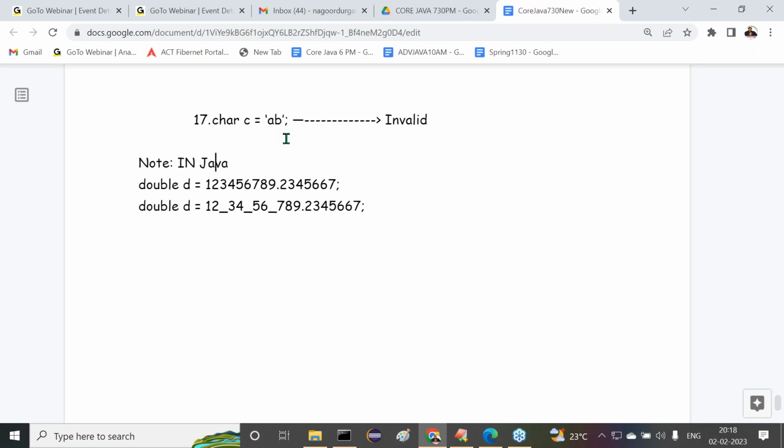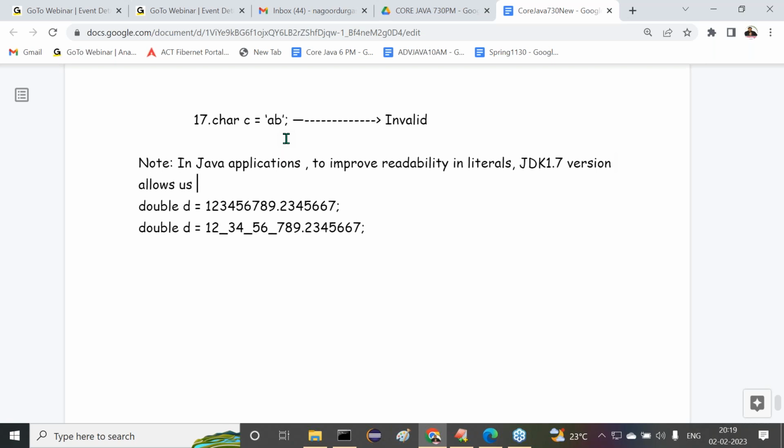In Java applications, to improve readability in literals, the JDK 1.7 version, I think so, 1.7, I'll check it anyway, JDK 1.7 version allows us underscore symbols in the middle of the literals.